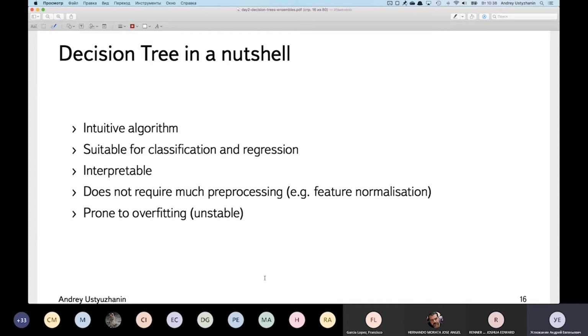Okay, so that's basically the main building blocks of a decision tree algorithm. It is quite intuitive because it replicates how people think or how people argue with each other. It is a very long tradition, probably rooted in ancient Greek times, or maybe before. It's a suitable algorithm both for classification and regression, and one of the very strong